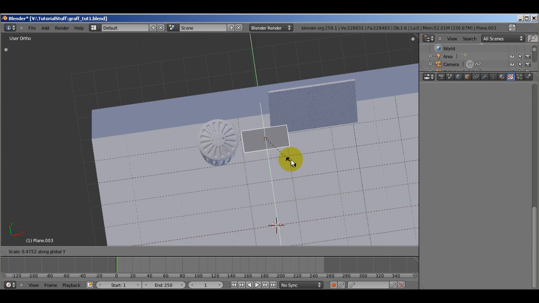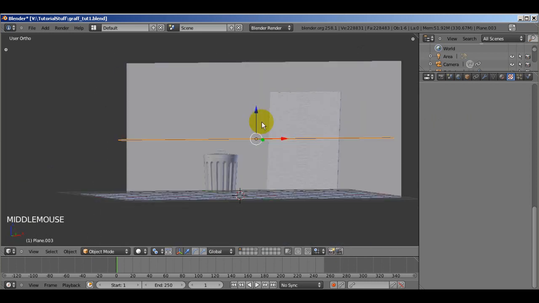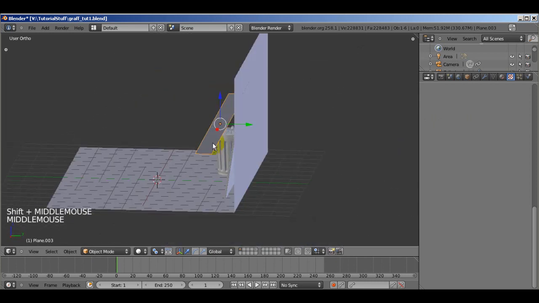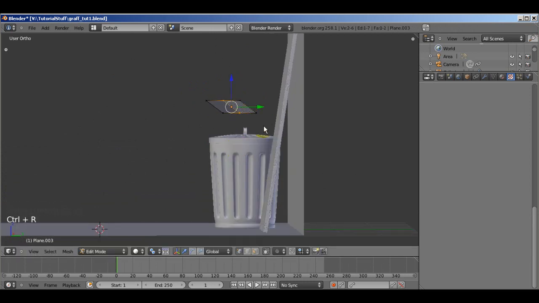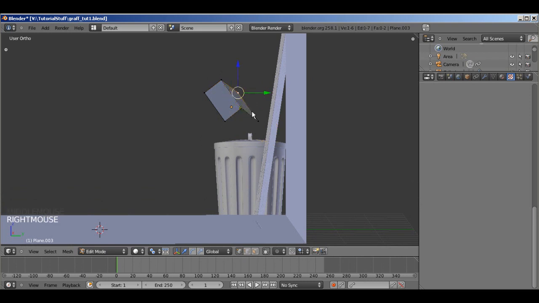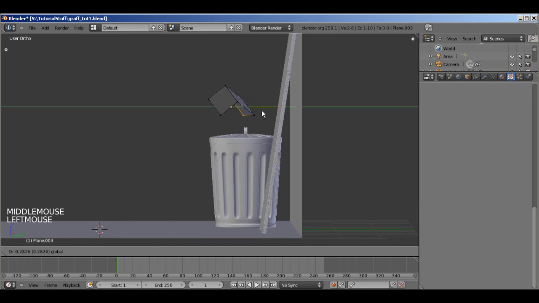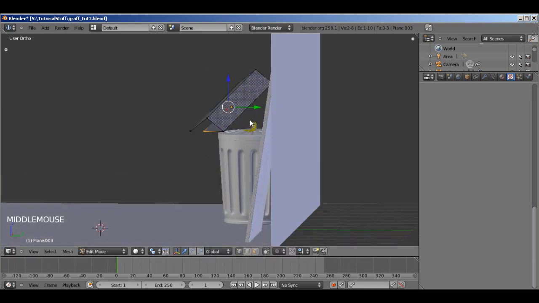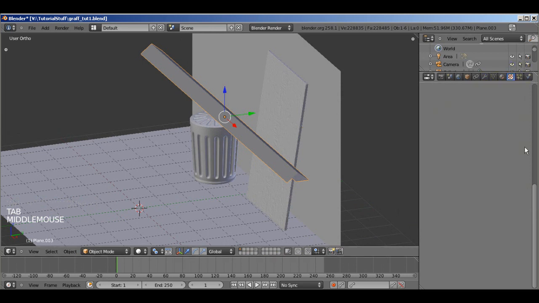SY to make it a little narrower. SX until it's approximately as wide as our ground. Now hit tab to go into edit mode. Control R, make a loop cut right in the middle and pull this up a little bit. And I'm also going to select these two and hit extrude and pull it directly toward the center, just like that. Now, I'm going to go back into object mode, select our particle options right here,